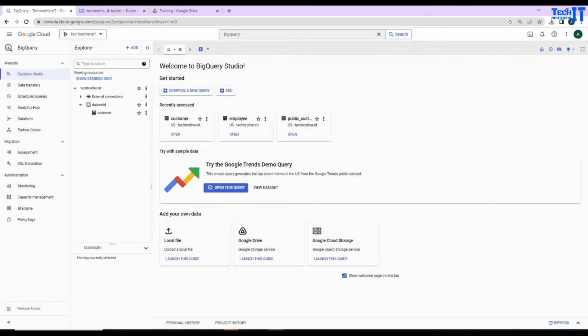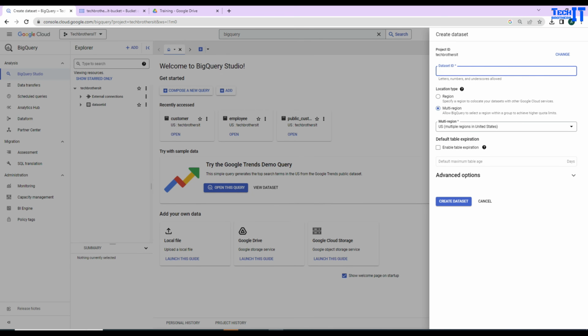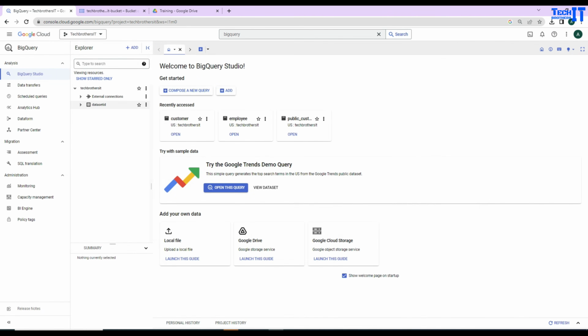Once you are in BigQuery, you will see the project right there. In my case, it's Tech IT, and if I drill down, I will see data sets. In my case, I have only one data set here called data set ID. If you want to create a new data set, you right click here, say create a data set, and provide some name. Just ignore it for now and we will use the existing data set. Right in front of the data set, these three dots are here,